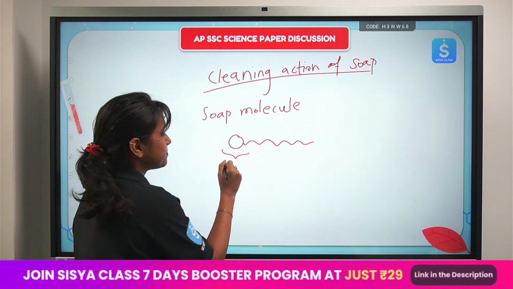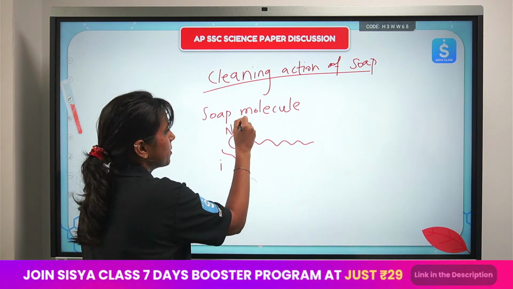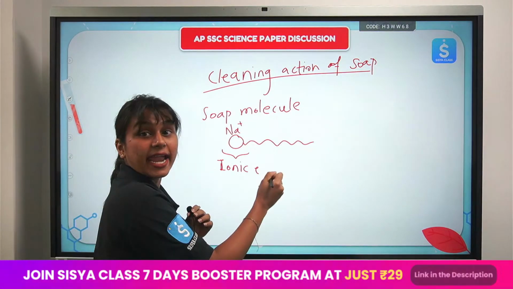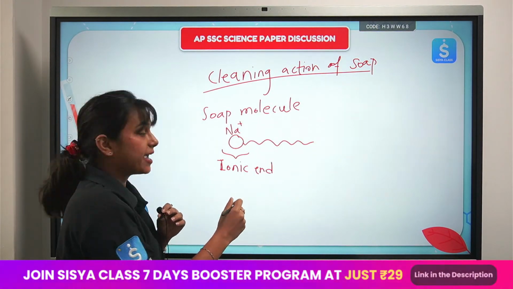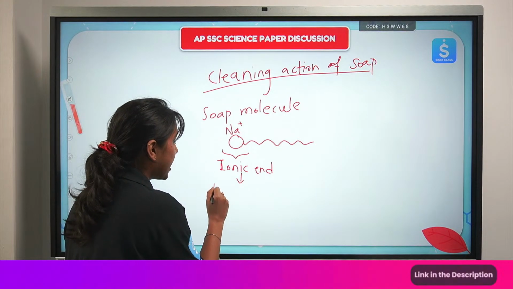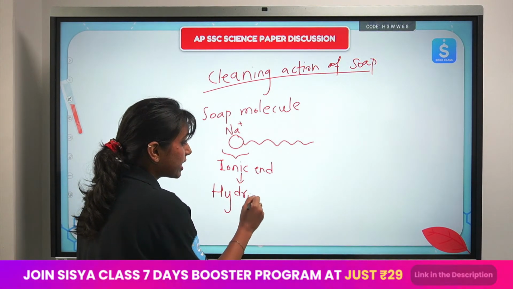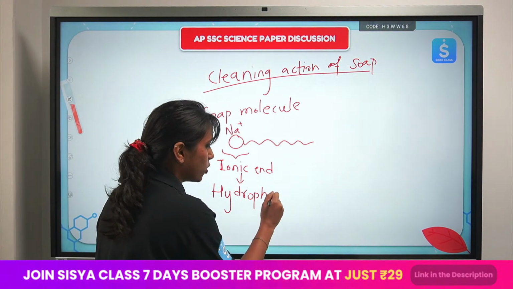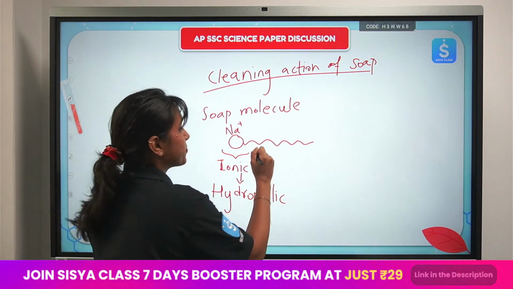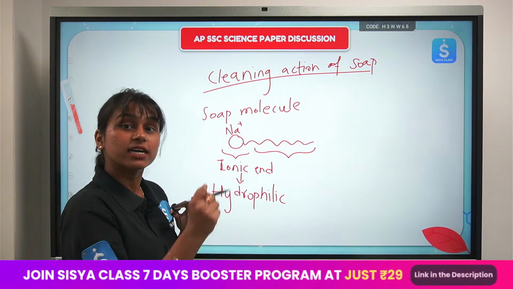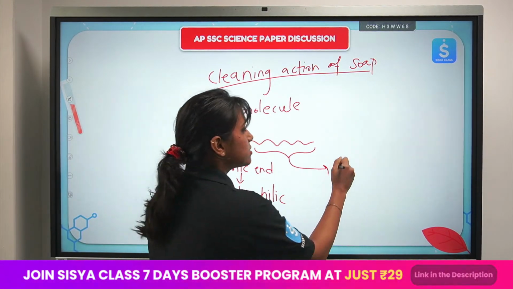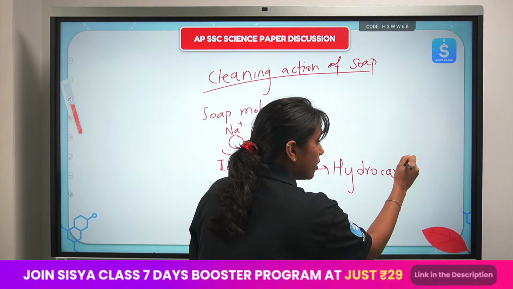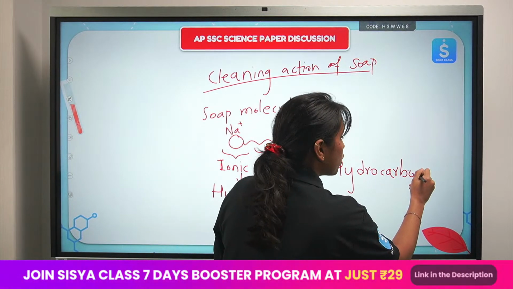The initial part is usually the sodium ion. It is the ionic part, or ionic end, of the molecule, and this ionic end is hydrophilic in nature. Hydrophilic means liking water. This part of the molecule likes water. It will interact with water, and the remaining part of the molecule you can call the hydrocarbon part. This is the hydrocarbon end of the soap molecule,